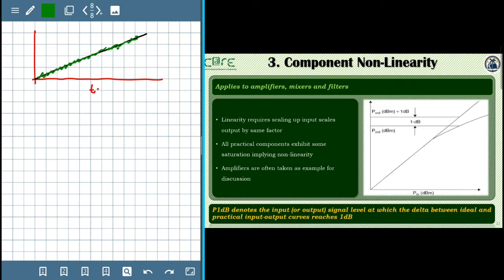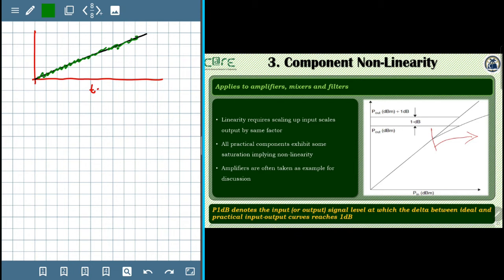The third and the major category of RF impairment is component nonlinearity. Linearity implies a linear relationship between input and output, which means that doubling the input doubles the output. This happens for many analog RF components. This happens over a consistent range of signals, but once the input signal amplitude starts to increase, the component nonlinearity